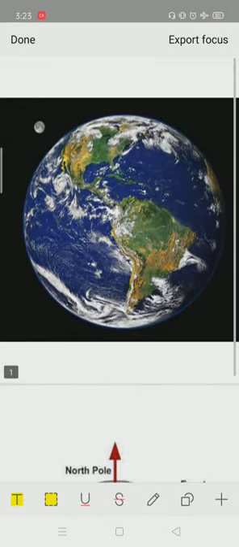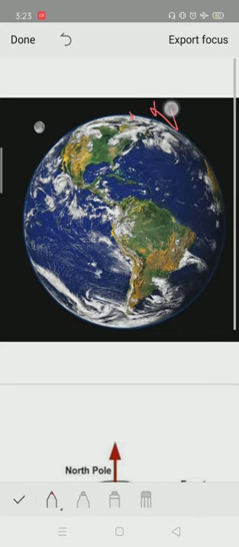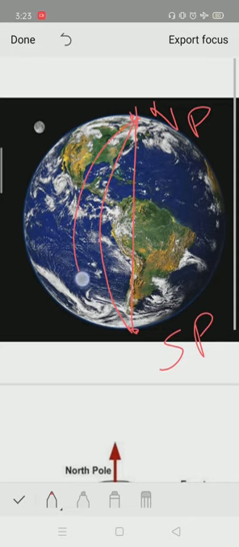Okay, now we will do the meridians. What are meridians? Again, these are imaginary lines, and meridians are also called longitudes. Now, how do they start? Again, first we mark the North Pole here. This is the North Pole, this is the South Pole. I draw one line connecting these, this way. Then again I'll draw this way. All my lines will start from the North Pole and reach the South Pole, okay. All my lines again this side.